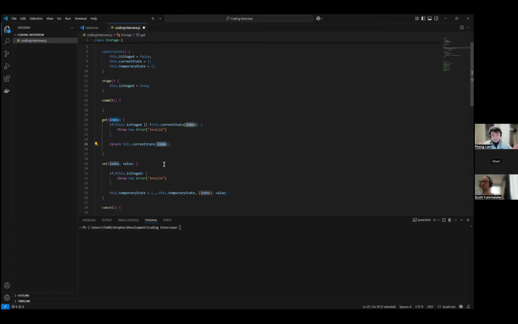So to make sure that it works, you want to do a check against undefined, actually, on line 21. Yeah, okay. So for this, it will be if it's equal to undefined, then we'll just throw the error.